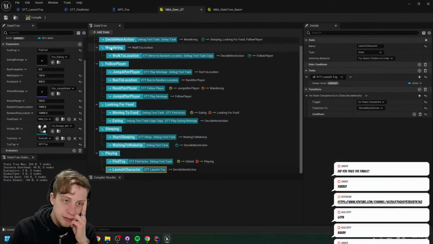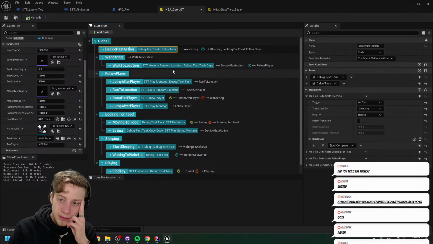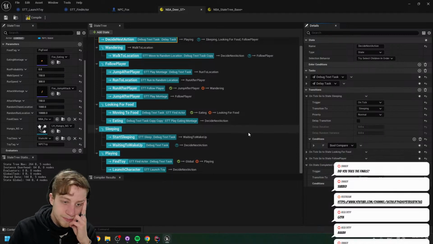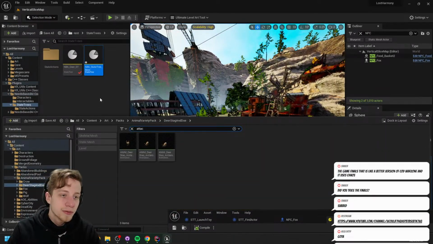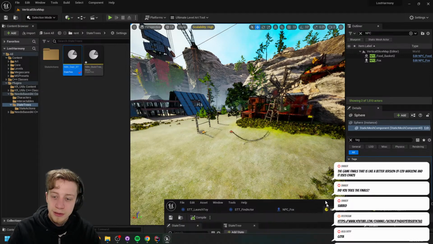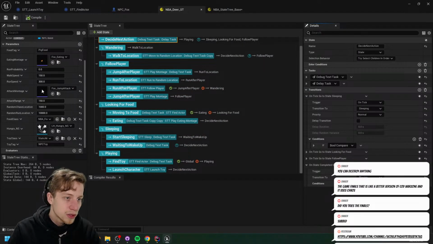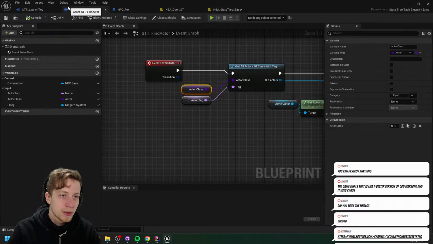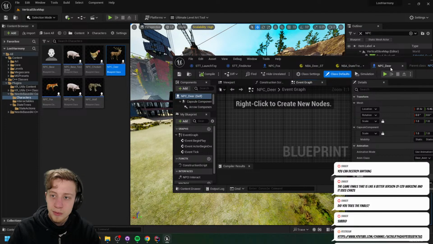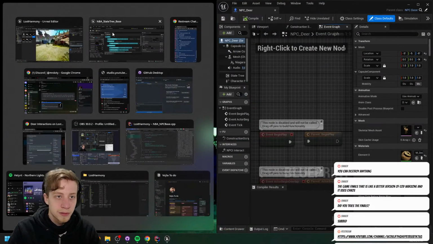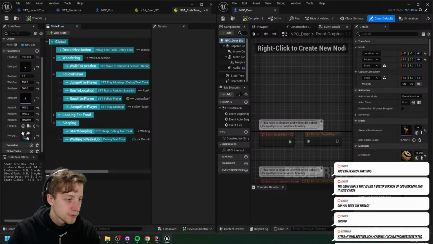Okay, we now just have to straightforwardly send him there. So right now we're gonna just override this. Instead of wandering, he's gonna go to playing. It's very playful, dear. Oh wait, I'm gonna have to change all these parameters, won't I? No, it should be fine. I'm defining it here. They should be here by default. I just need to make sure I set it here properly. There we go.